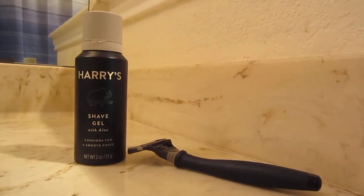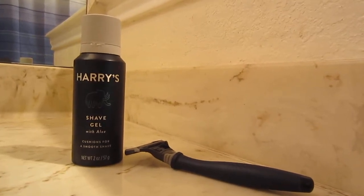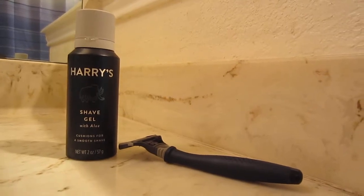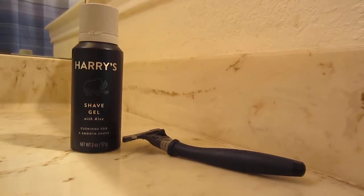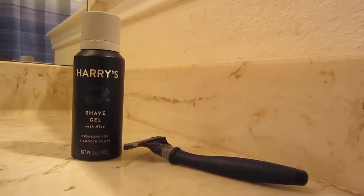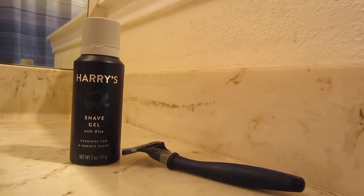In this video I'll be taking a look at the Harry's starter kit here. This is for men that want to shave their face. There is an alternate blade that you can use to shave your head, and that is also available on the harrys.com website. But here I'm showing the Truman starter kit with the 2 ounce of shave gel, which you can lather up into a nice foam or